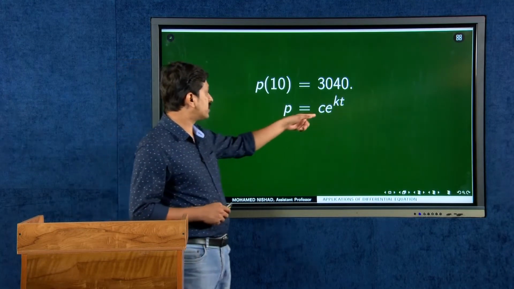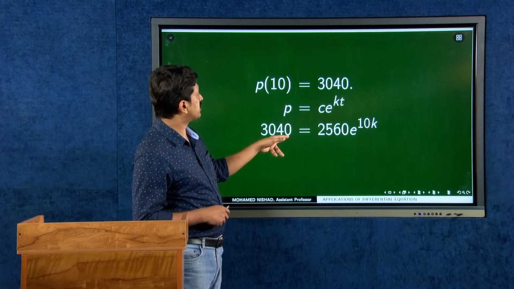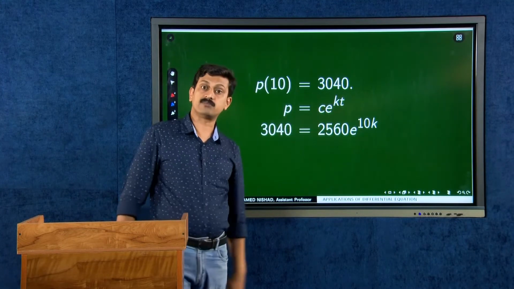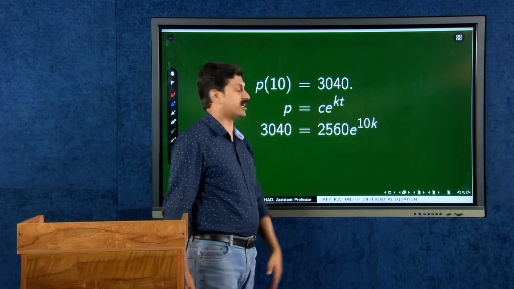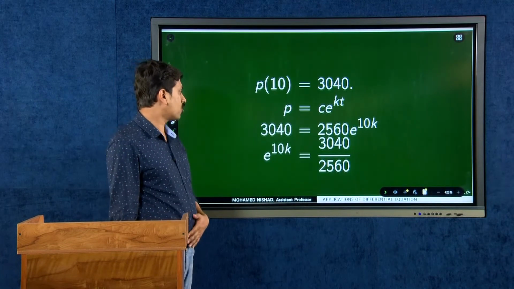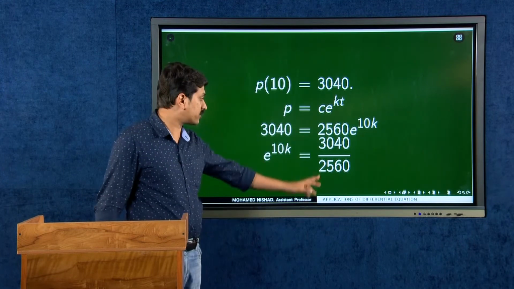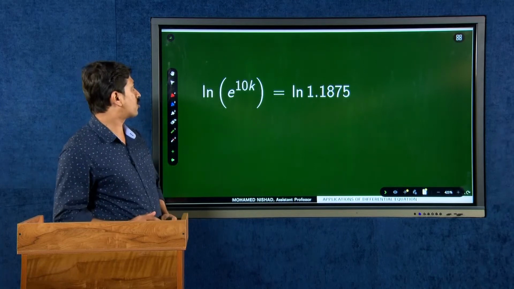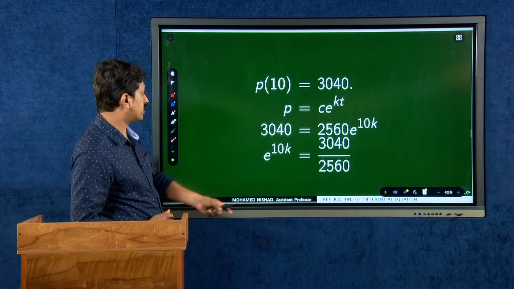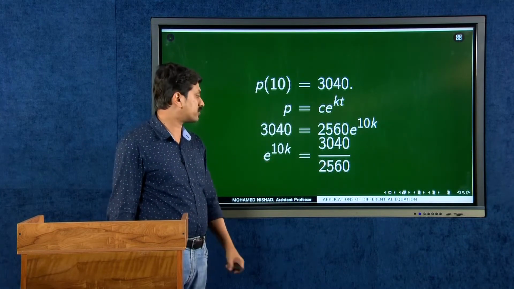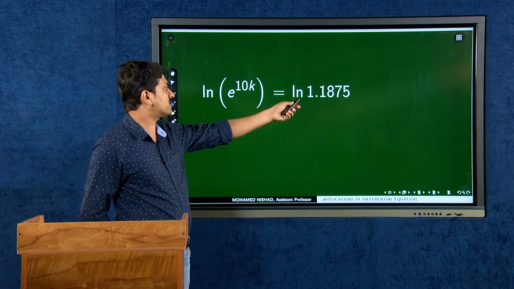We already have P is equal to C e raised to kt. Now, P of 10 is equal to 3040, therefore 3040 is equal to the value of C, that we found, 2560, times e raised to 10k, since t is equal to 10. That is, e raised to 10k is equal to 3040 divided by 2560. So, taking the log, log of e raised to 10k is equal to log of